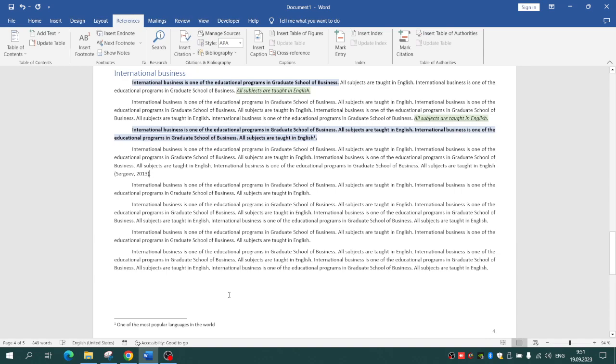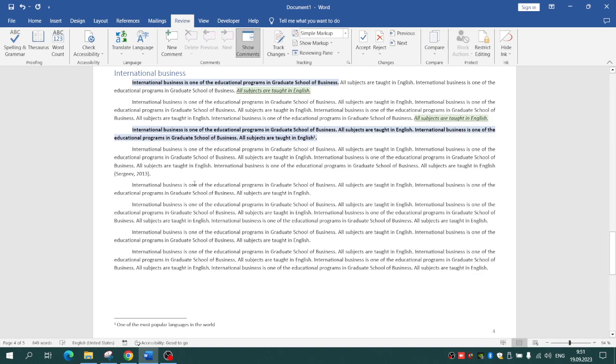But if you have some additional information that supports the main text, you could add it into the footnotes. So now we are going further, and now we are going to get acquainted with review. Review tab is extremely helpful when you work for a long time with a text or work with your friends, for example. So let's assume that I'm working on the project on digital literacy, and I found some information, and